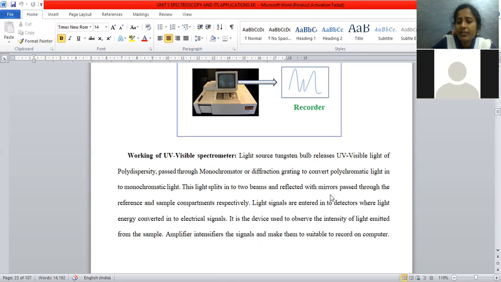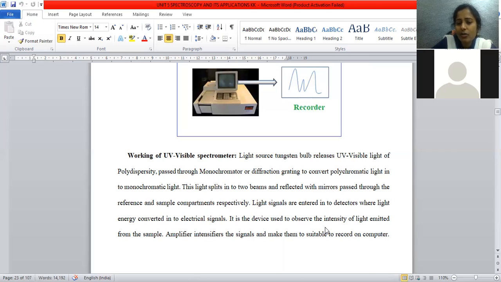These two beams are reflected by mirrors and pass through the sample and reference compartments respectively. By passing these two, we can compare the change in intensity of the signals.